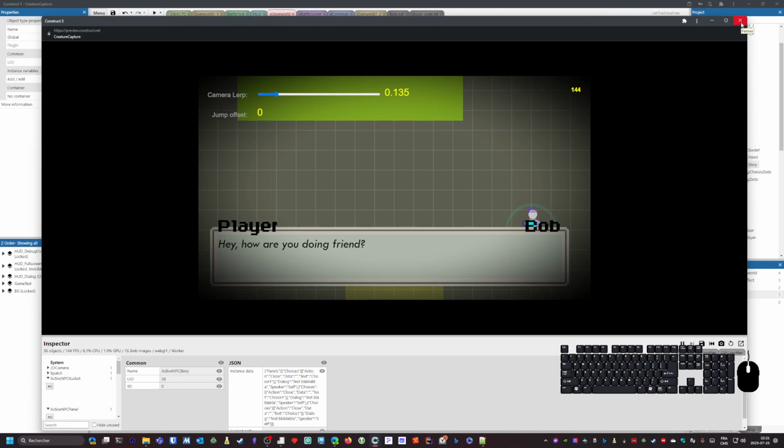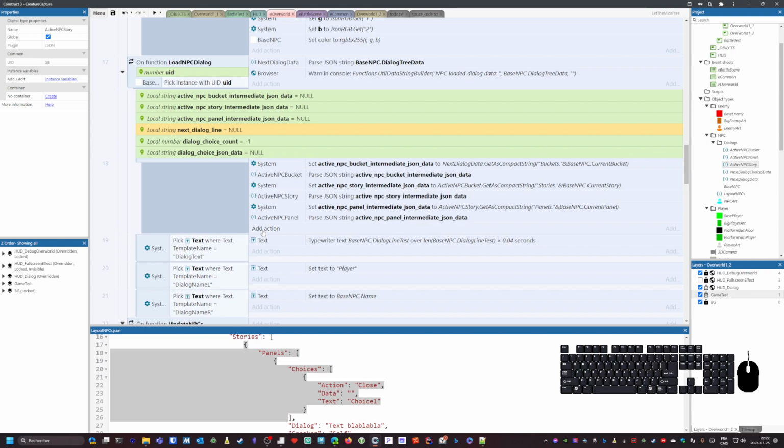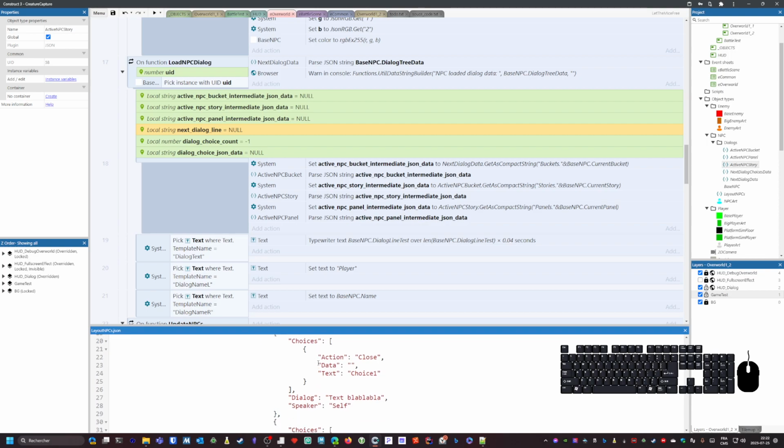We have the current bucket, all the bucket, all the panel, and the panel, and then the story. And we also have other buckets and stuff. All the information is represented in next dialog data. This is everything. So we have different levels of information there. So the line is basically going to be the current bucket, the current panel, and then it's going to be,